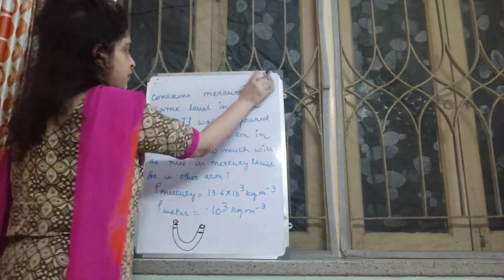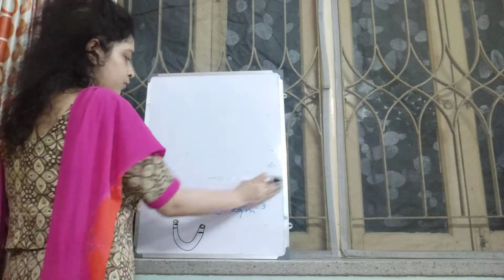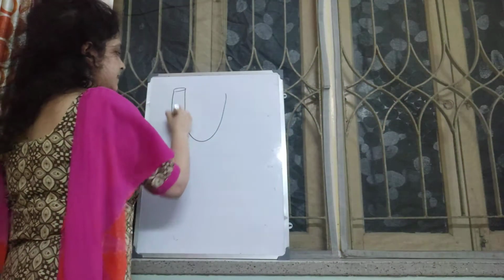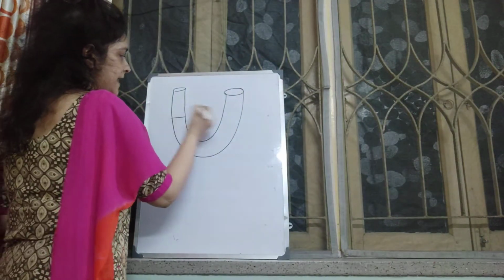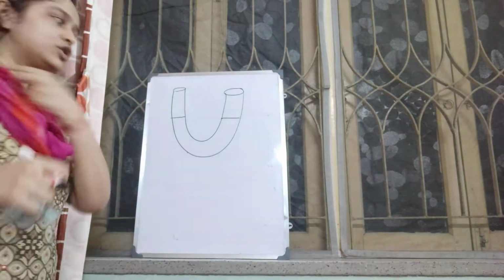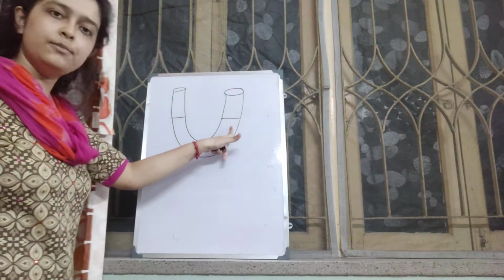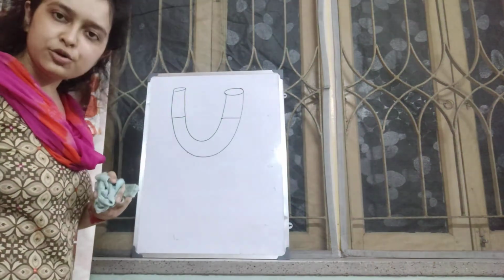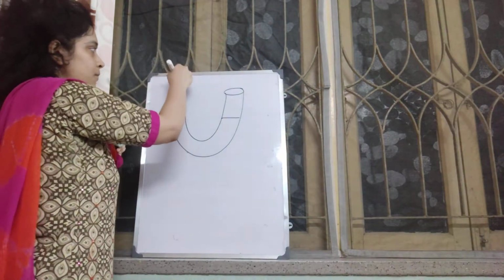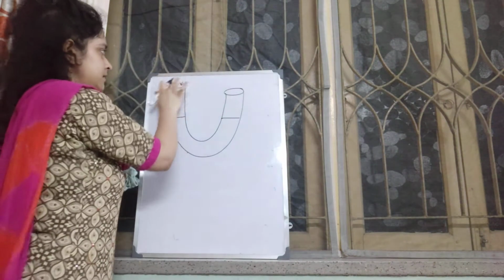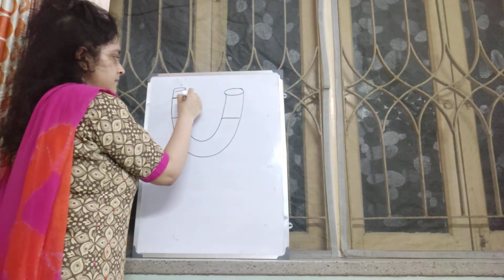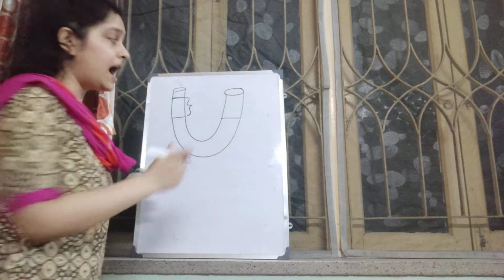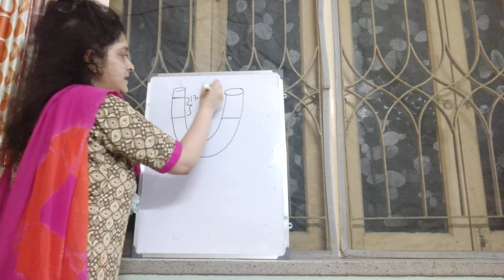Okay. Now, let's see what you have to do and what has been said. You have a U-shaped tube. These are the arms of the U-tube. Say this is arm 1, this is arm 2. The level of mercury is the same in both the arms of the U-tube. Now, say in this arm I have poured some water, say up to this height. What is the height mentioned in the question? Water has been poured in one arm to a height of 13.6 centimeter.